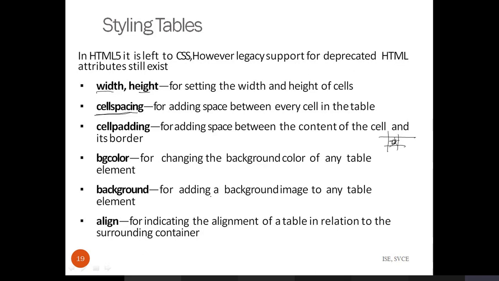Then background, if you want to add any colors or put an image as a background, you can do it using the background property. Then alignment: you want to align the text either left, right, or center, so you specify that for the cells. That means in a cell, how the information is aligned.